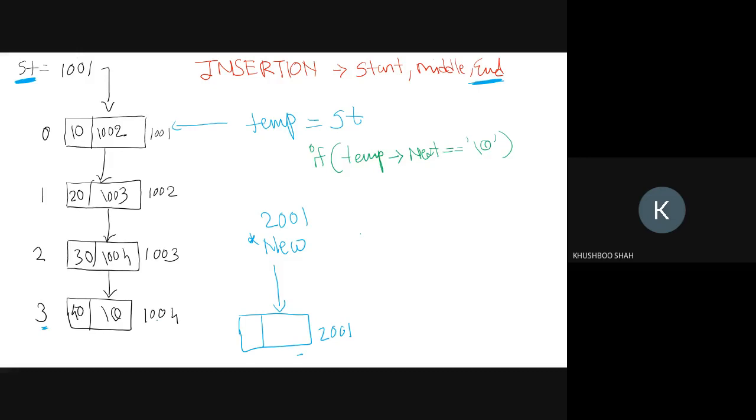Then I can assign this address to this. But what if it is not null? Then temp equal to temp next, go to the next node. Right? And of course we will have a for loop for this, so you can give the i plus one thing, right? Because this is my 0, then i plus 1, i plus 1, i plus 1, every time you can do this.